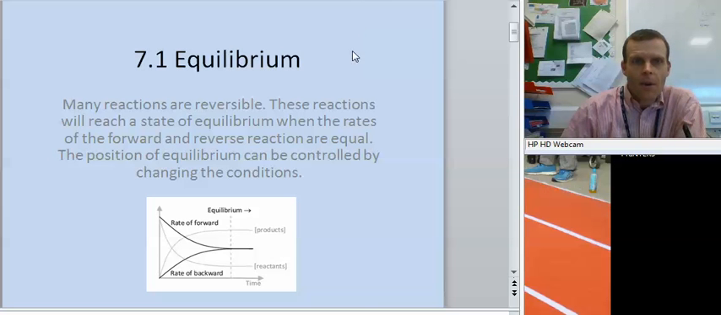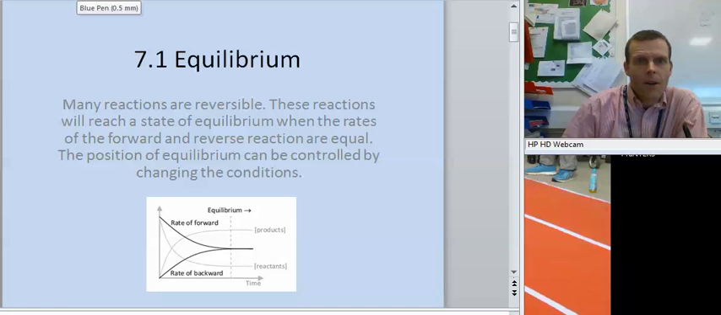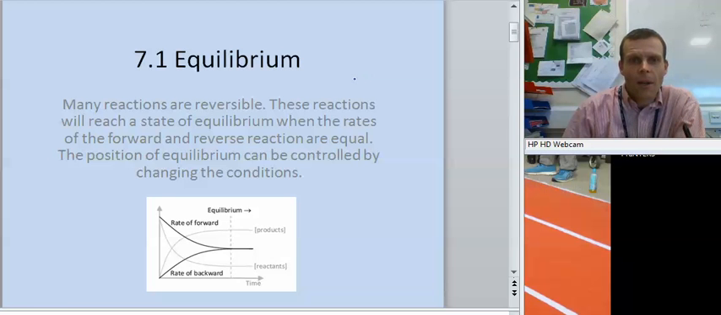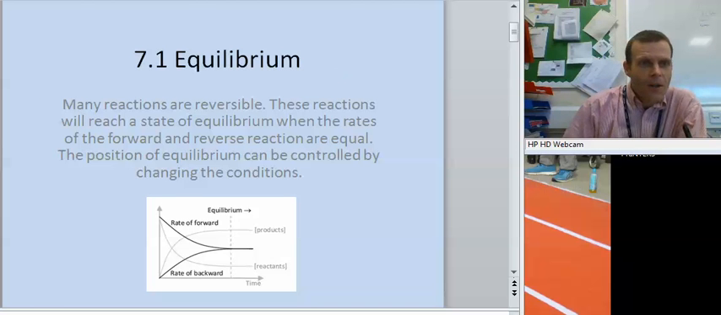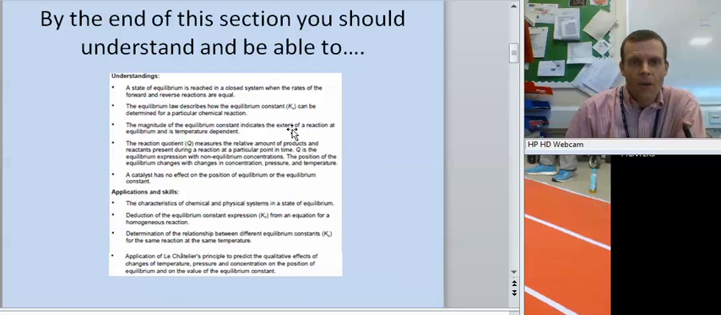Right, equilibrium. So it's all about reactions which are reversible. In other words, our reactants can form products, and our products can also go back to being reactants. So some reactions you've maybe come across, like burning magnesium, that's clearly just going to be one way. It's very hard to go back from magnesium oxide to magnesium and oxygen, but other reactions are reversible, and we're